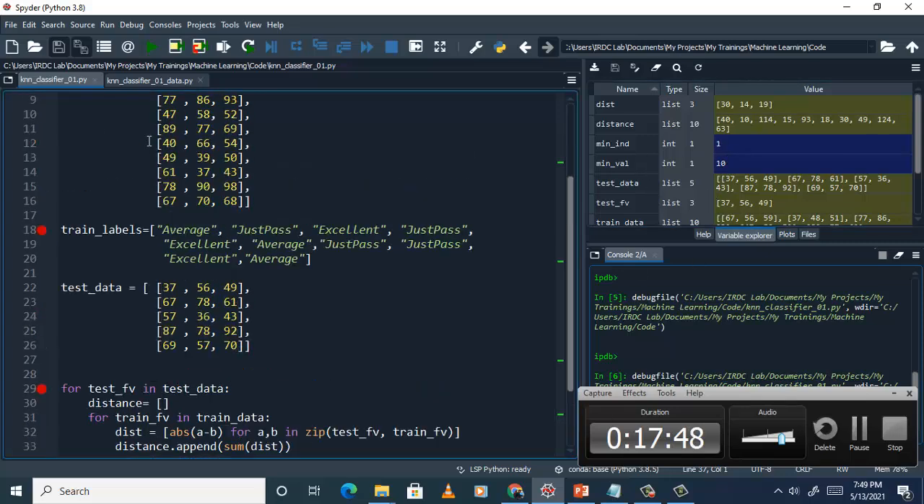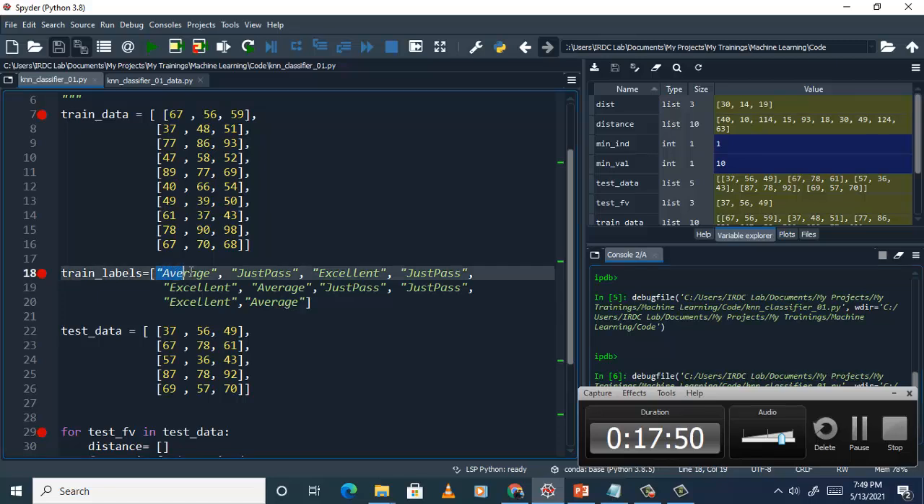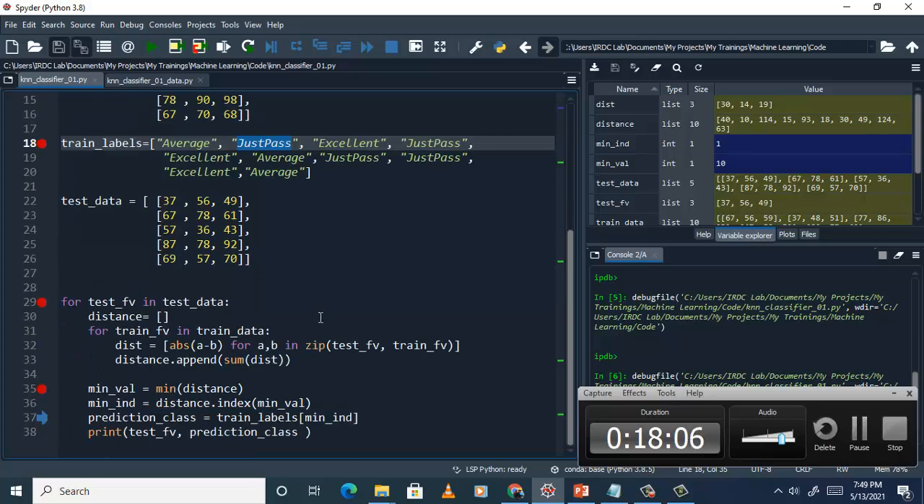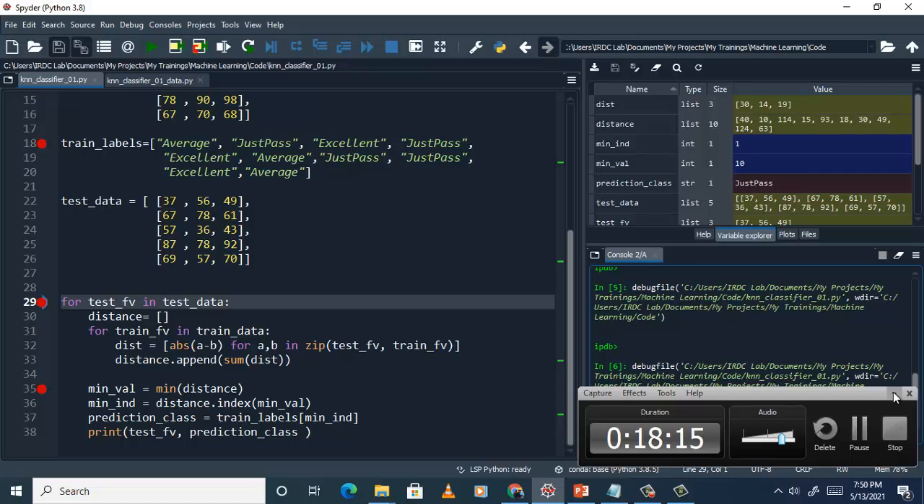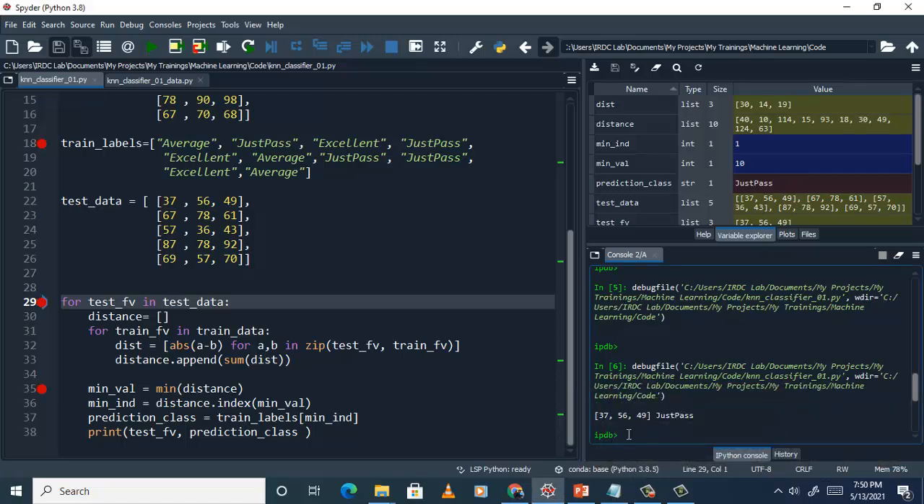Okay, so it will take that first label, sorry, the 1 is there, so that means 1 is this one. This is the 0th one, this is the first one. So just pass will be assigned to this test vector. You can see 37, 56 just pass. Now if we continue, if I remove breakpoints,